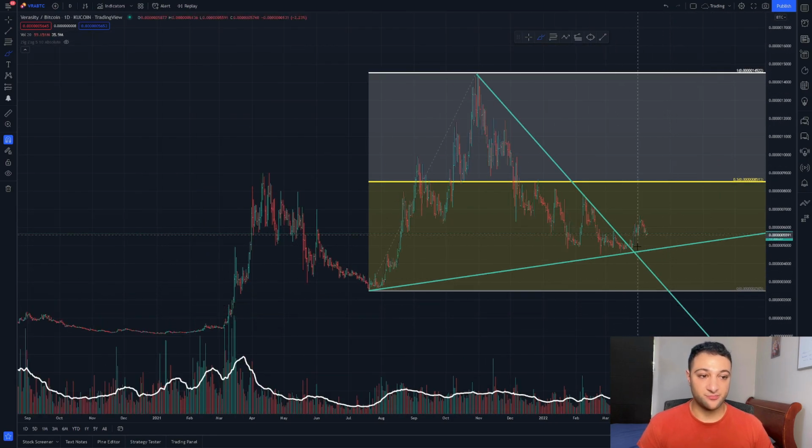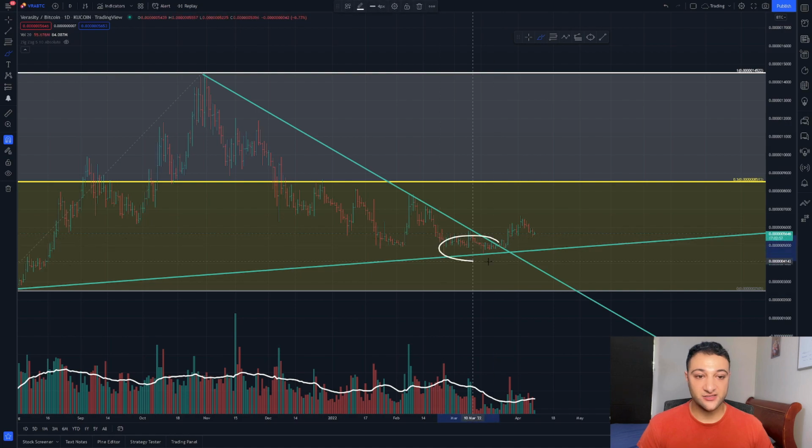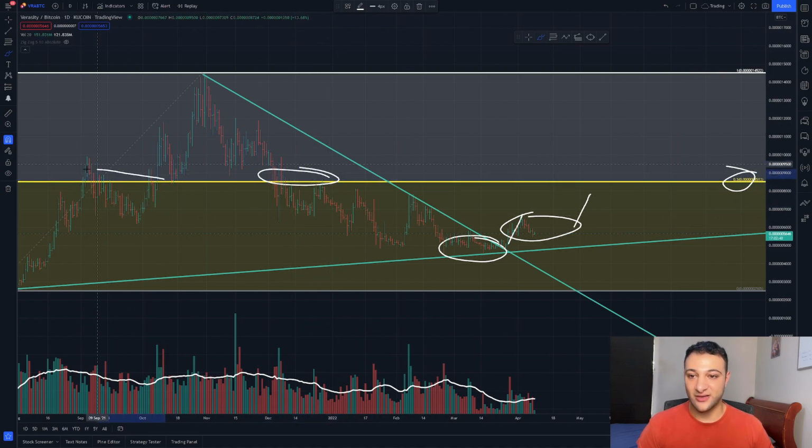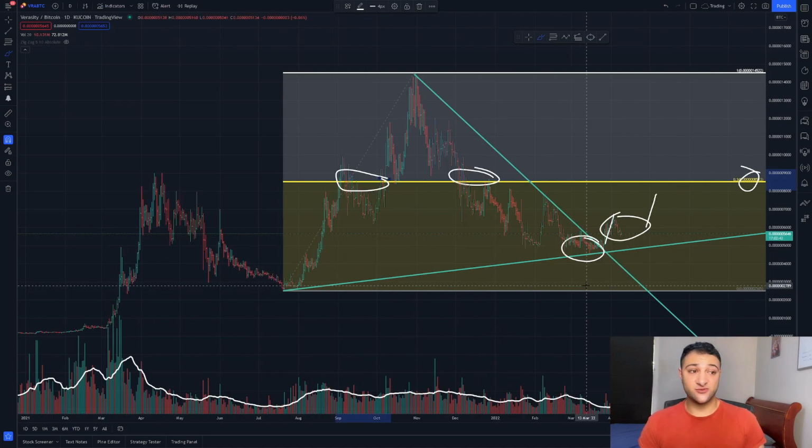Here we go again. Wedge broke it, fantastic. Got some higher highs. So again, consolidation, got some higher highs, maybe some more consolidation before we get up to the major 50% against this BTC value. And of course, like always, you can expect some resistance at the major 50%. Does it mean Verasity is worse than Bitcoin and Ethereum? At the moment, yes, it does.